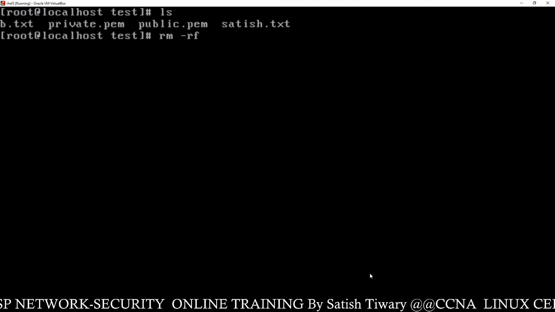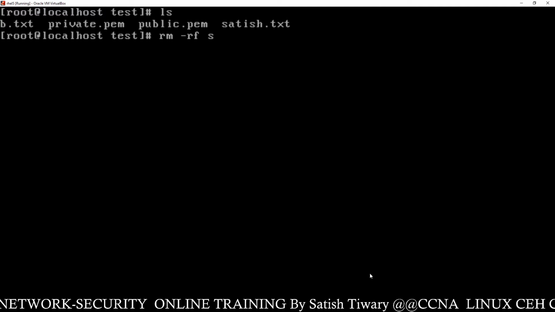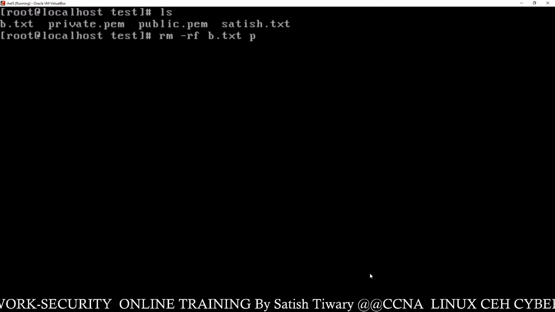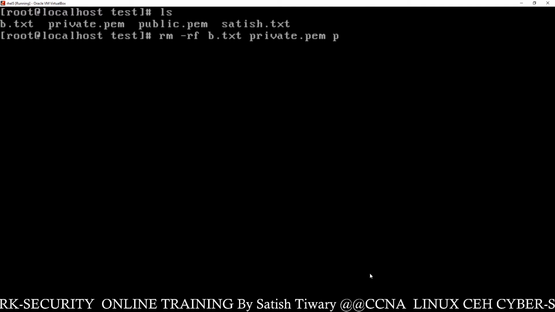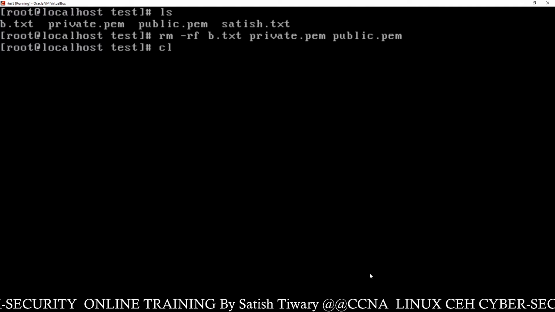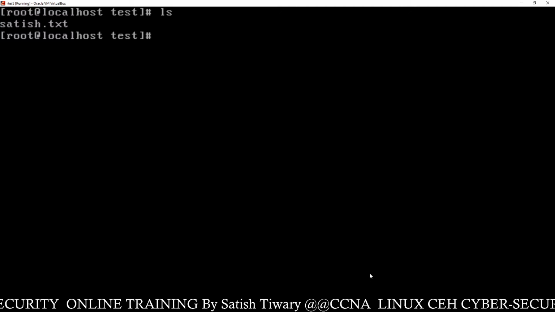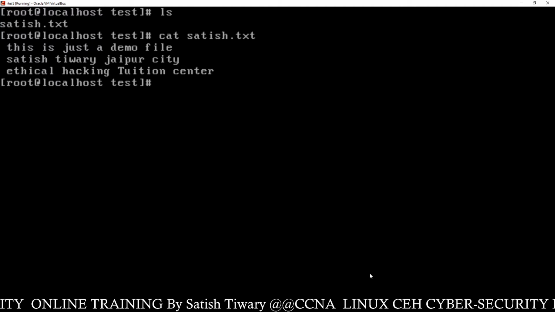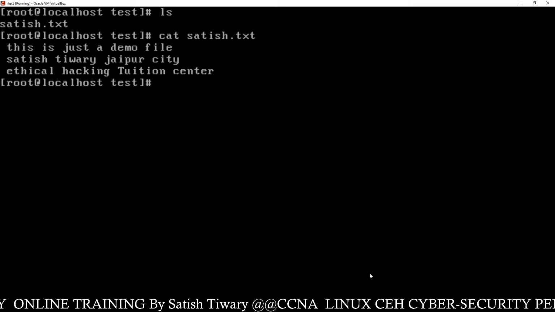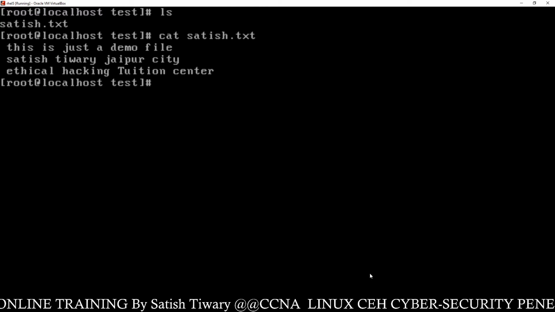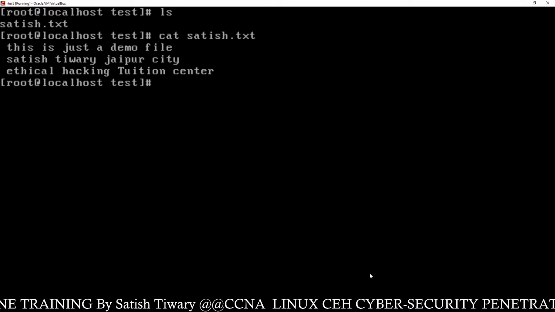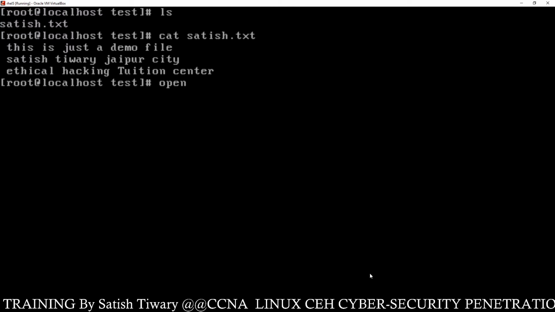Okay, so I am going to delete all these files: b.txt, the private key and the public key. So we have only one file, that is a normal file, satish.txt. Now I will show you how you can generate an encrypted private key, or if you want to generate a private key with password protection, you can do that using this command: openssl